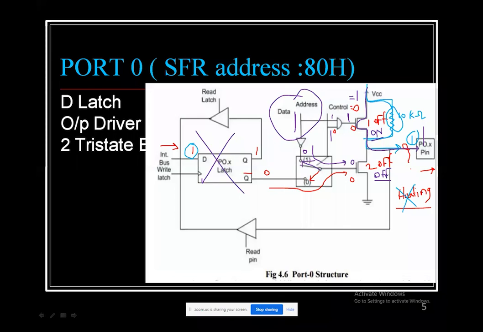So just watch this video once or twice, since due to this interruption it got disturbed, so that you will come to know how I have drawn the lines and how I have explained. And also note it down in your own language: what happens if it is used as input output, what if it is used as address data line, how to configure an input pin, how it works, how these FETs are going to work, and what the work of this control logic is. So that also you will come to know. Okay, so here we will stop, and I will stop this sharing.